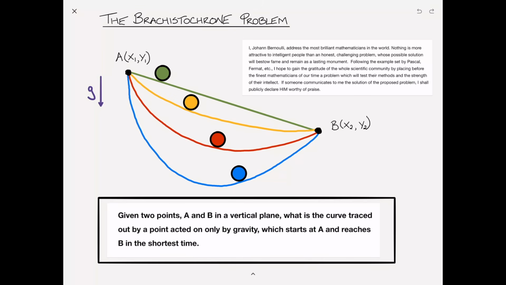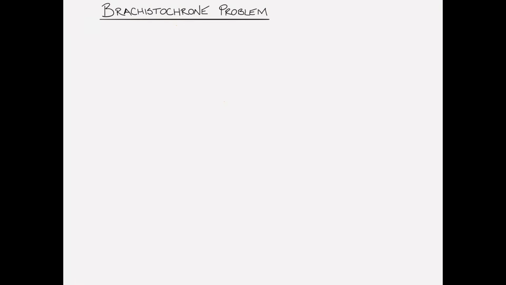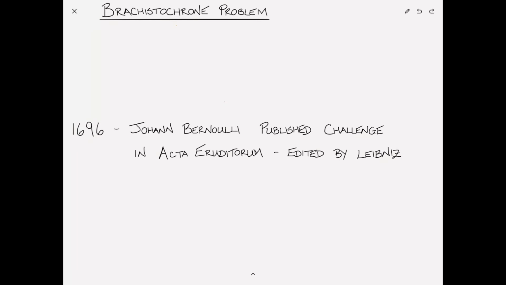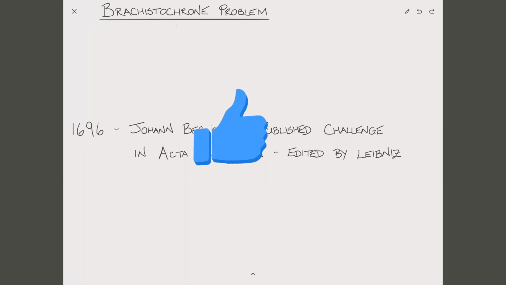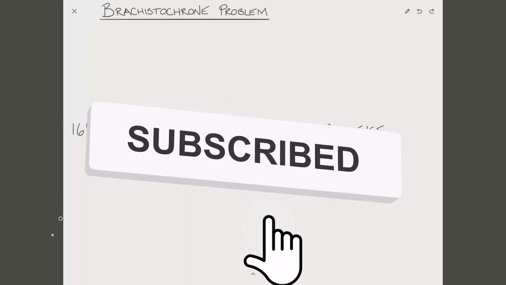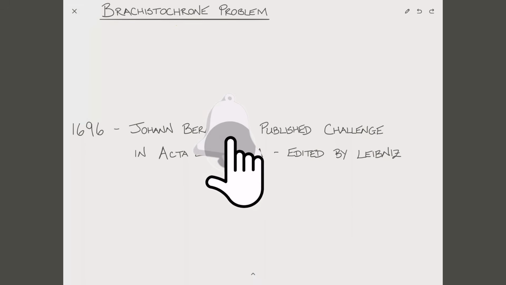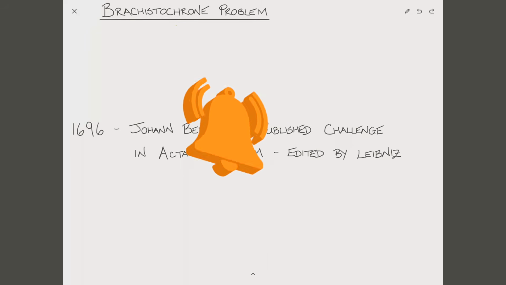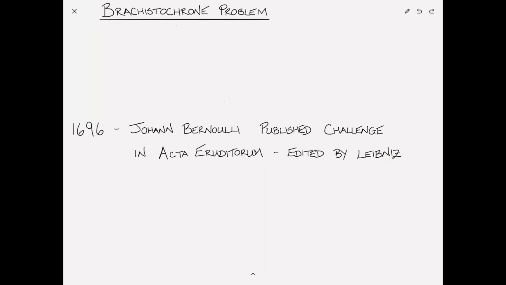So before I start on the solution to the problem, a little bit of the history first. Let's have a look at a timeline, and like any good timeline, we'll start in the middle, so we can go forwards and backwards from there. In 1696, Johann Bernoulli published this challenge in a journal called Acta Eruditorum, which so happened to be edited by Leibniz, and he posed this problem as a challenge to the mathematicians, but really what they were trying to do was to bait Newton. There was huge animosity between Leibniz and Newton because of what had gone on with the invention and the credit taken for calculus.